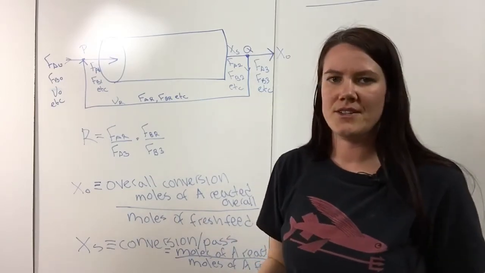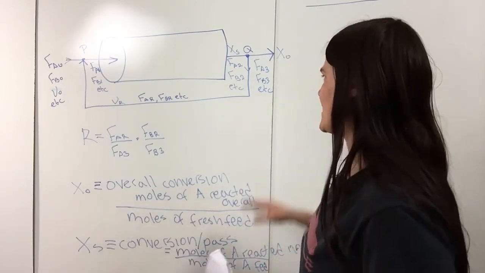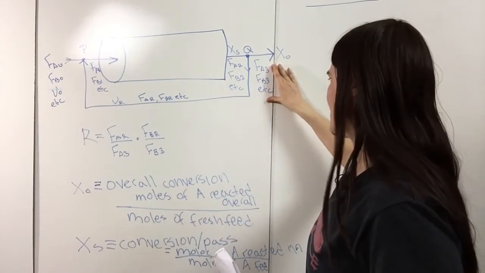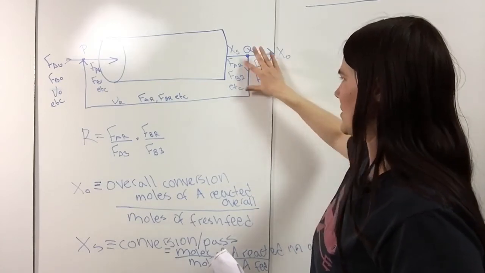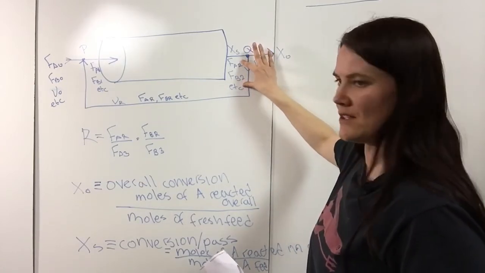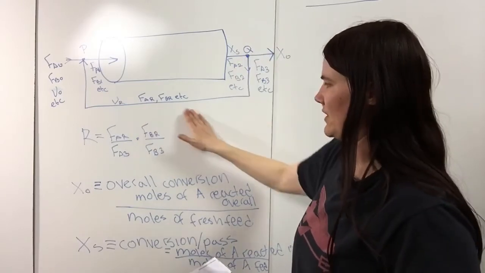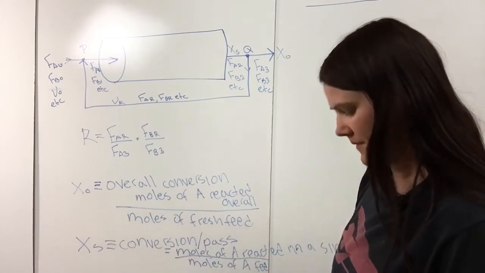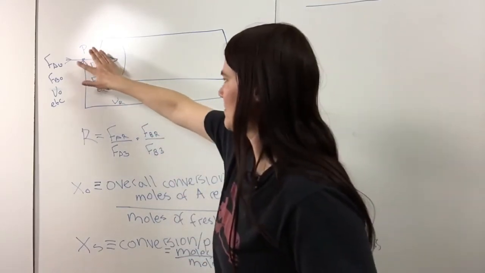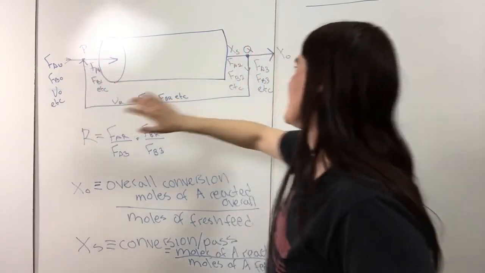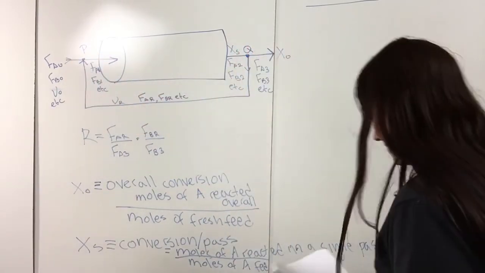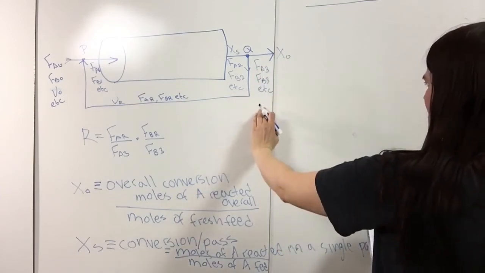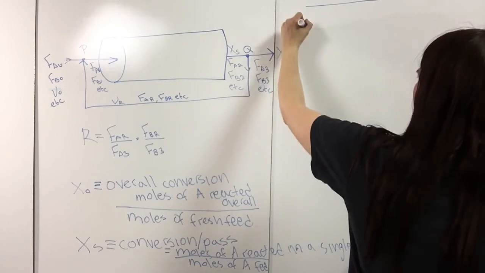The first thing we want to do is write some equations for what the output streams are, so FA3, FB3 for this stream, FA2, FB2, and for what the recycle streams are. Once we do that, we can do a stream balance at point P and also at point Q. I'll do this output stream first. So we know that FA3